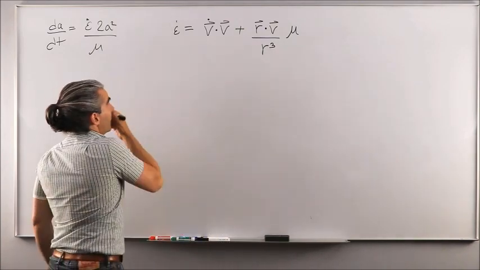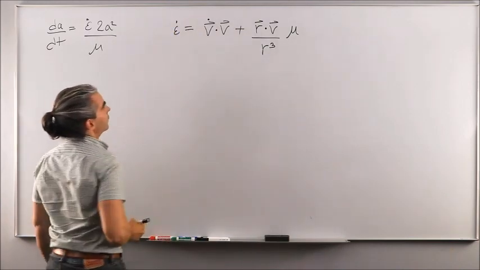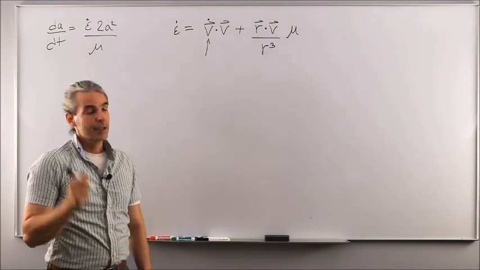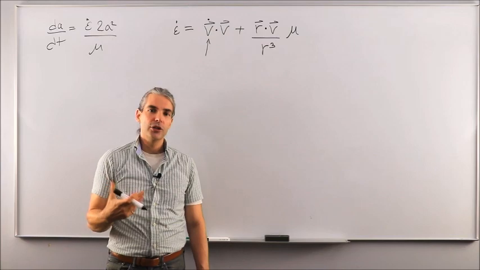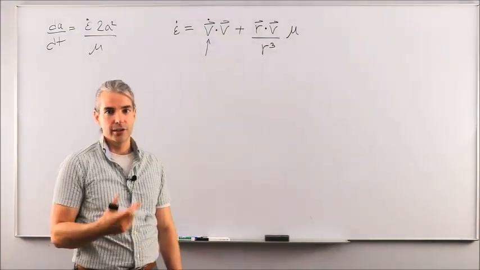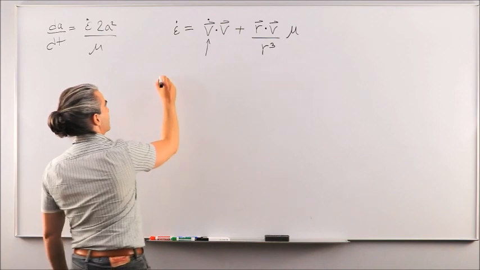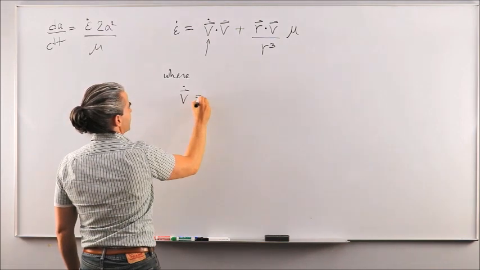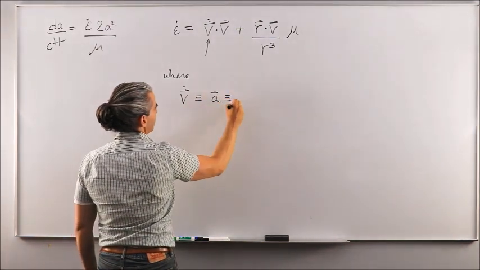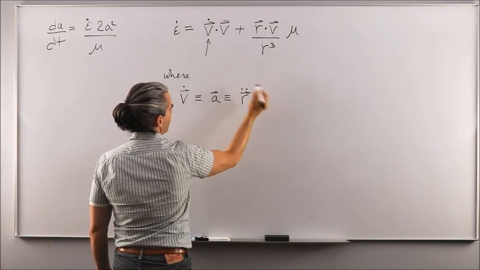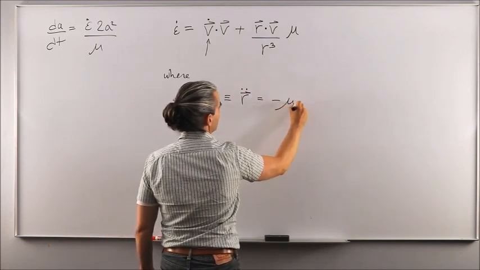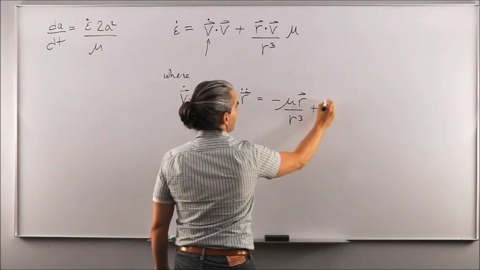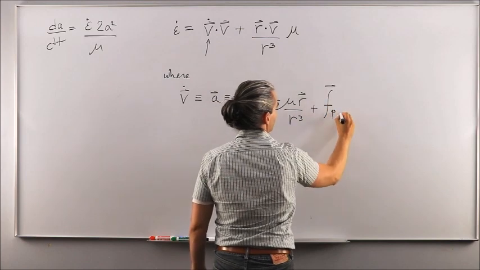Okay. Now, what else do we know in this equation? Do we know an expression for v dot, or the acceleration? Yes, we do. That would be the two-body equation plus the perturbing acceleration we are considering here, which is drag only. So we're going to say v dot is equivalent to a, which is equivalent to r double dot, which is what we're familiar with, equal to minus mu times r vector over distance cubed plus our perturbing acceleration term due to drag,